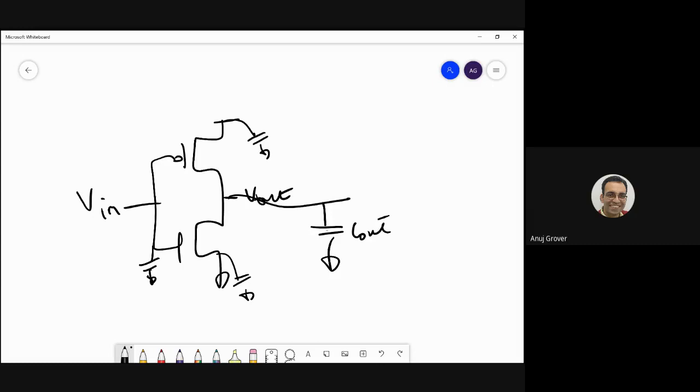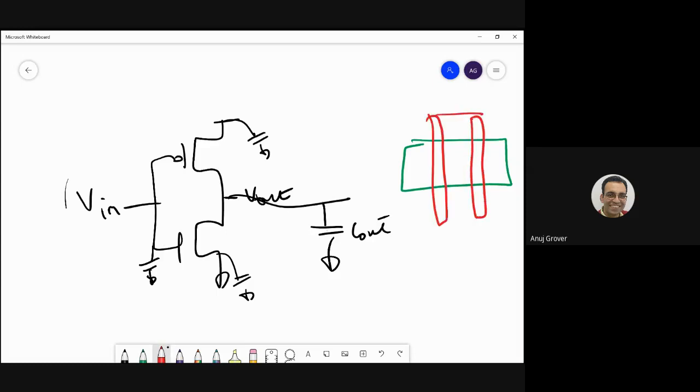So what did you do now? For the V in part, you had, wait, let me draw it in the right colors for you. You had the active and you said, okay, 1 poly, 2 poly, and this thing. Whereas initially what you had was only 1 poly. Am I right?